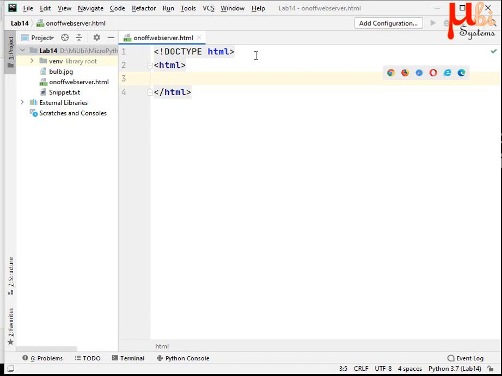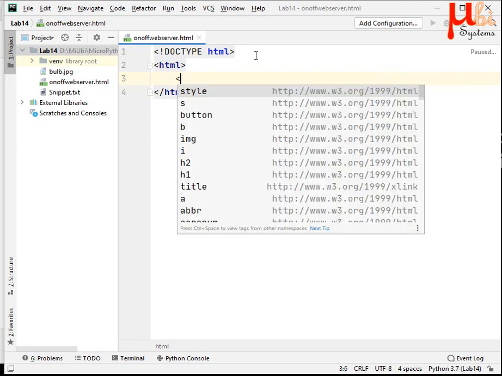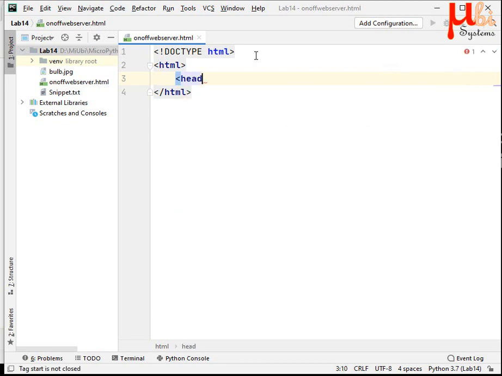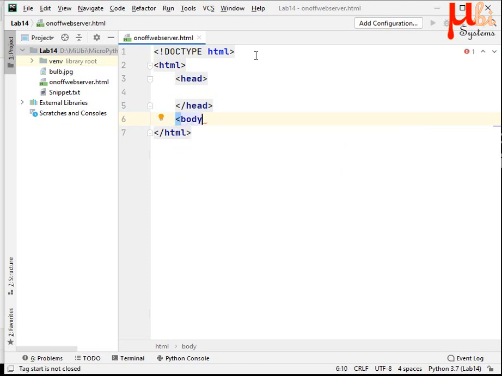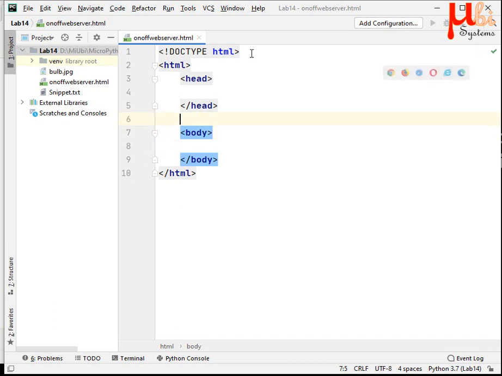Any HTML page has mainly two things: one is the head and another is the body. Head contains the meta information of the web page, and body contains the actual content that you are going to display.